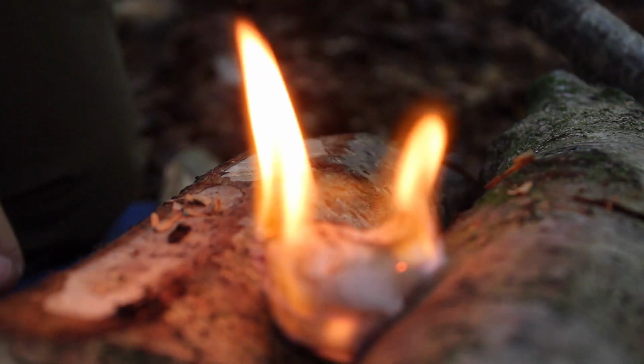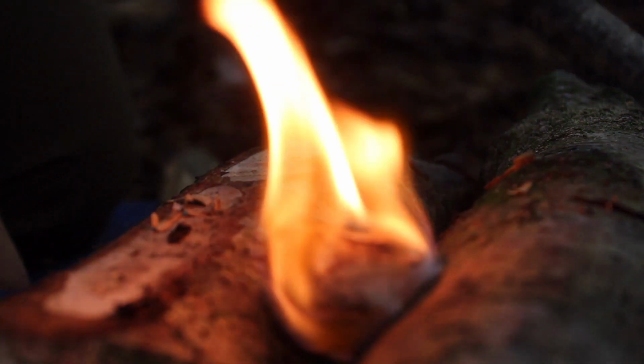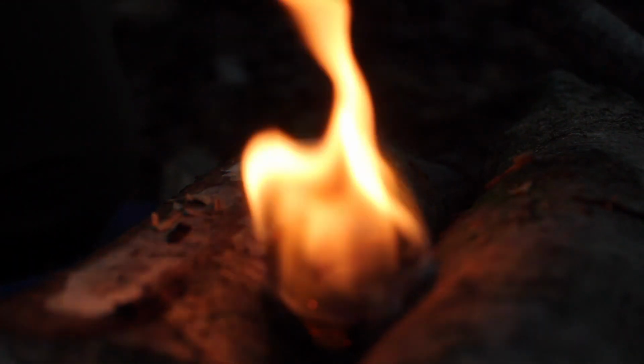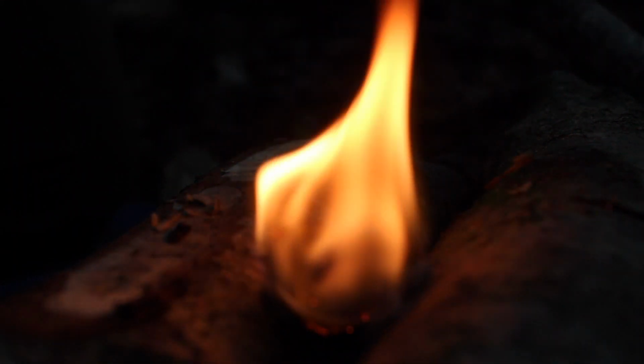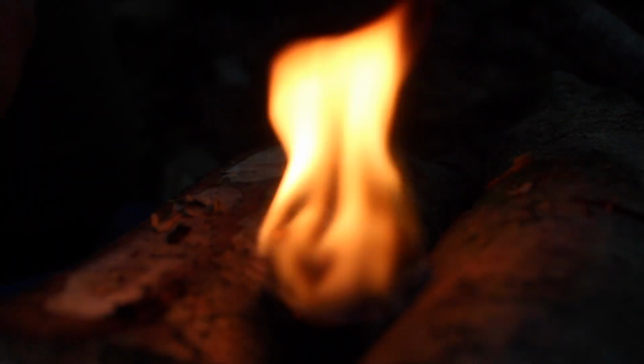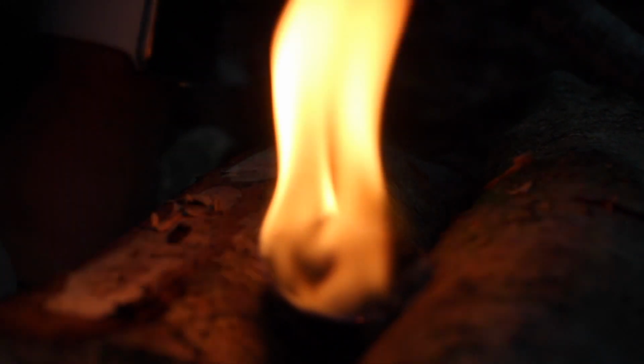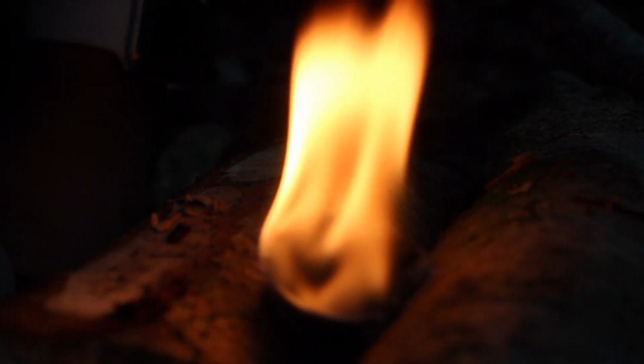As you can see, it's very, very easy to light, and because of the petroleum jelly, you get a nice hot flame for quite a long time, as you'll see. But what I've recently found online on greenmansbushcraft.co.uk, the same place I got my knife, is a natural fire lighter, which would be quite handy to have,